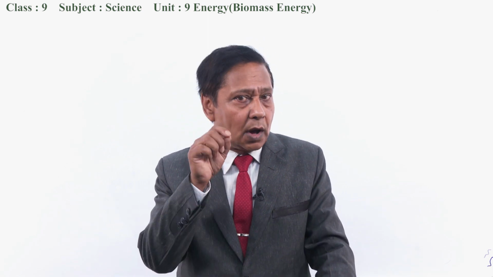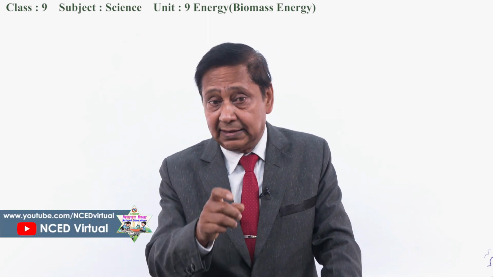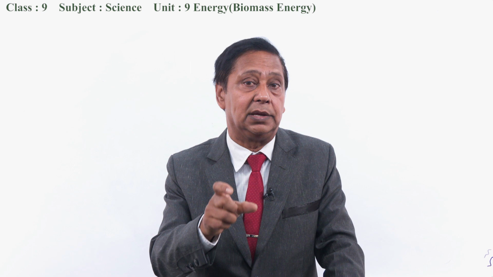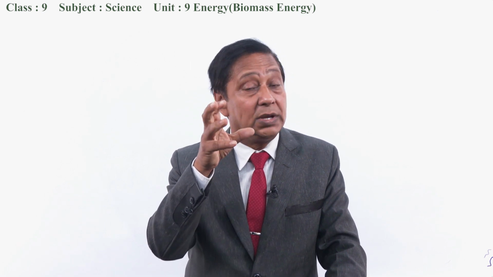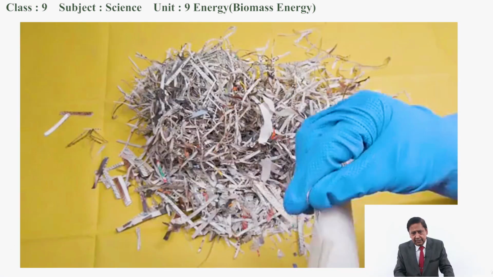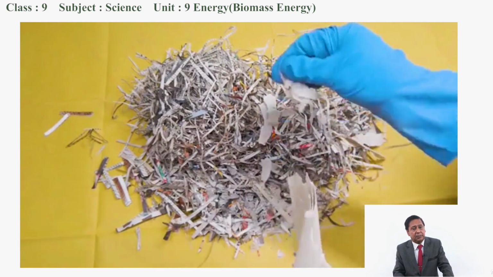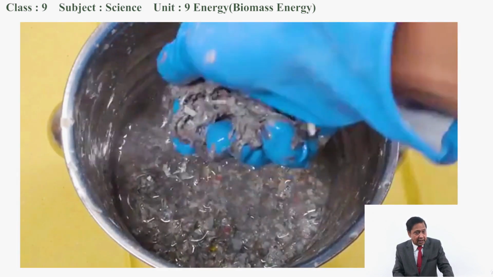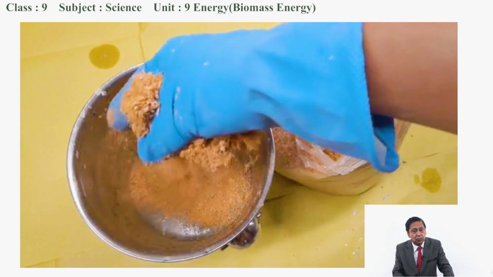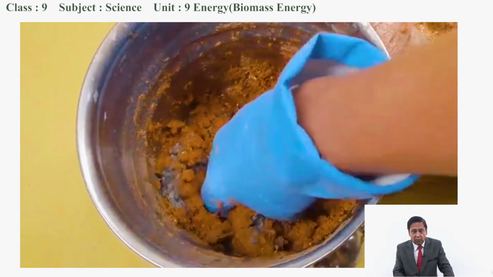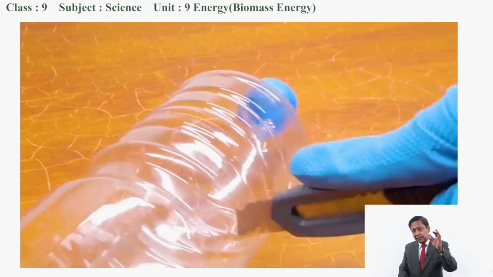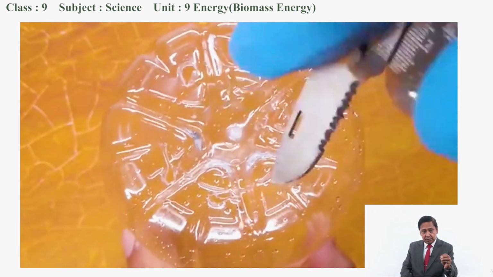Now I want to show you a short video in which the biomass is compressed and a briquette is made which can be used to get heat energy. Look at this short video. This is the shredded paper, and if shredded paper is mixed with water and squeezed, then we'll get a mixture. And if this mixture is mixed with sawdust, then we will get a little more solid mixture. And to give it a definite shape, a plastic bottle can be used, and at the base